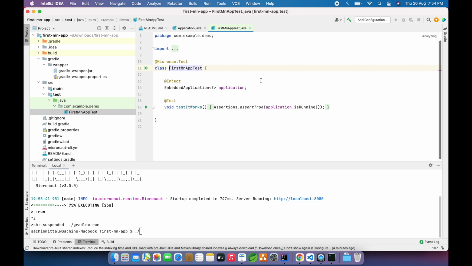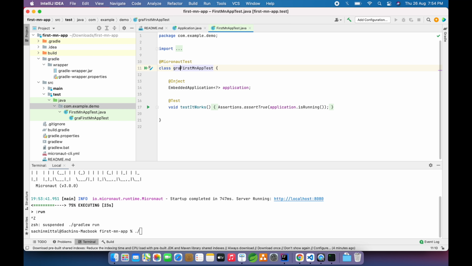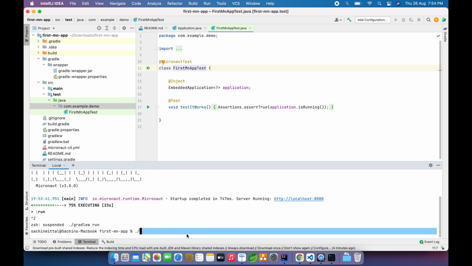And if we go inside, there is a test to check whether our application is running, right? To see whether our test is working or not, we can run Gradle W test.